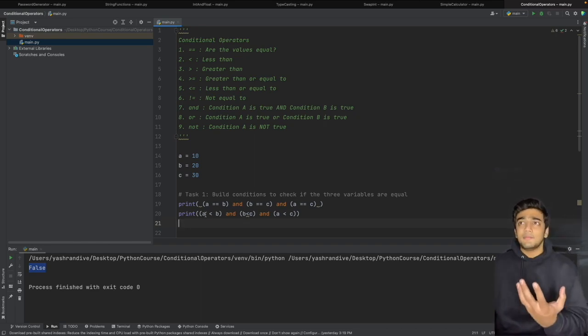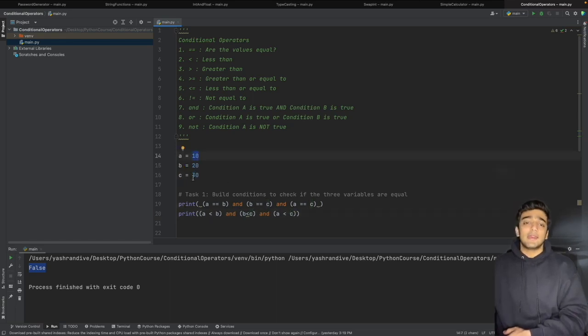And I've purposely made them true. So A is less than B, that's true because 10 is less than 20. B is less than C is true because 20 is less than 30. And A is less than C is true, again, because 10 is less than 30. So in this case, we've got all true conditions, and therefore we should get a true value because it's supported